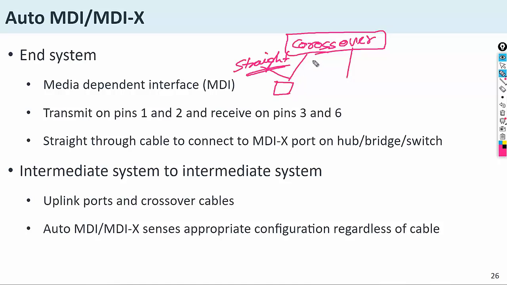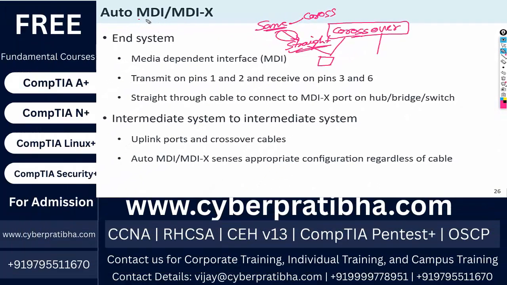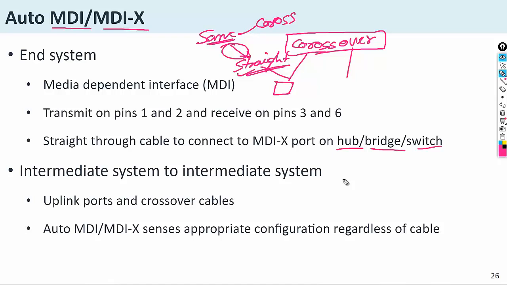So when you connect the same devices, the same devices will use the cross cable, and different devices will use a straight cable. So it is called MDI and MDI-X. Like a bridge and a switch, when they connect, they will use the straight cable.